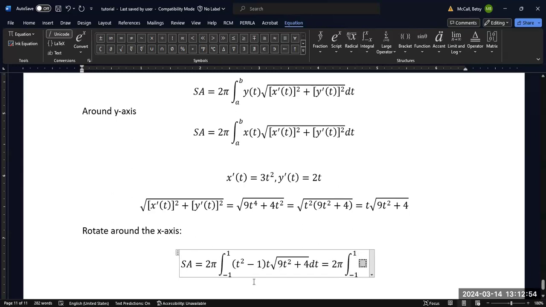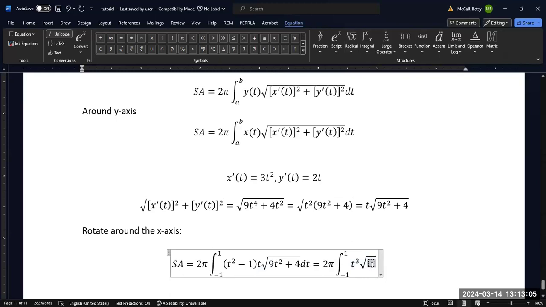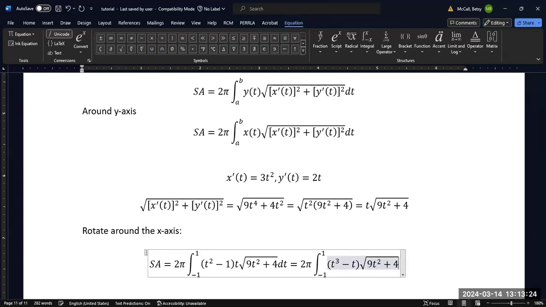That's going to be t cubed minus t times the square root of 9t squared plus 4. Now, the issue that we're going to run into when we actually try to do this integration,